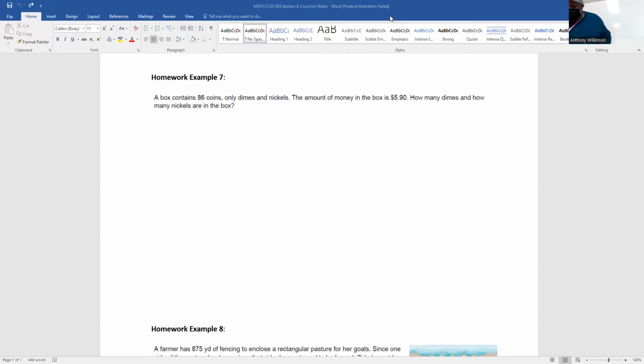So on Wednesday, we did talk about equals, relations, and equations. That was section 8.2. And we did talk about some of the properties of equals relations, like the reflexive property where A is equal to A, the number is equal to that same number itself. Okay, and also the symmetric property where if A is equal to B, then B is equal to A. And then finally, the transitive property, if A is equal to B and B is equal to C, then A